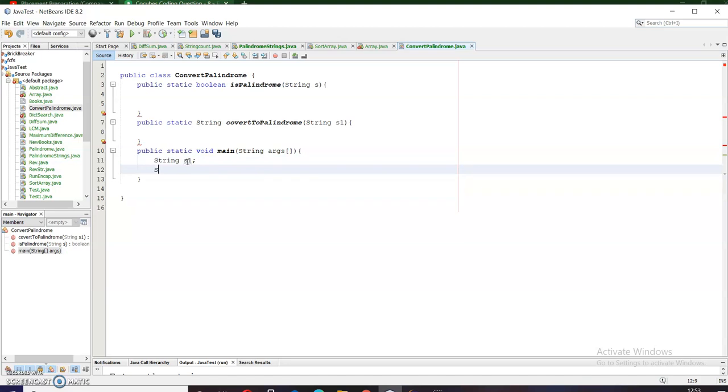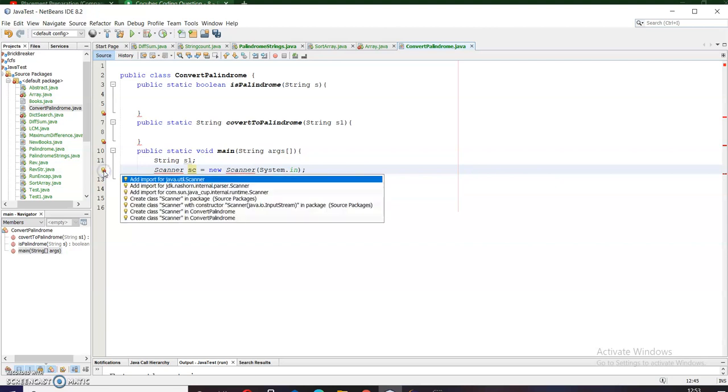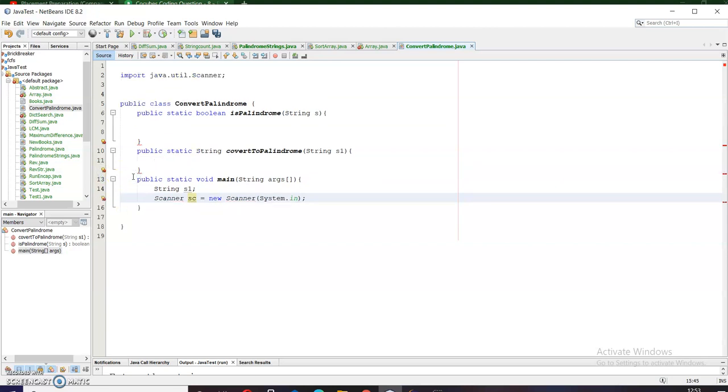Scanner sc equals new Scanner(System.in). To use the Scanner class I need to import the java.util.Scanner package, so let me import this.